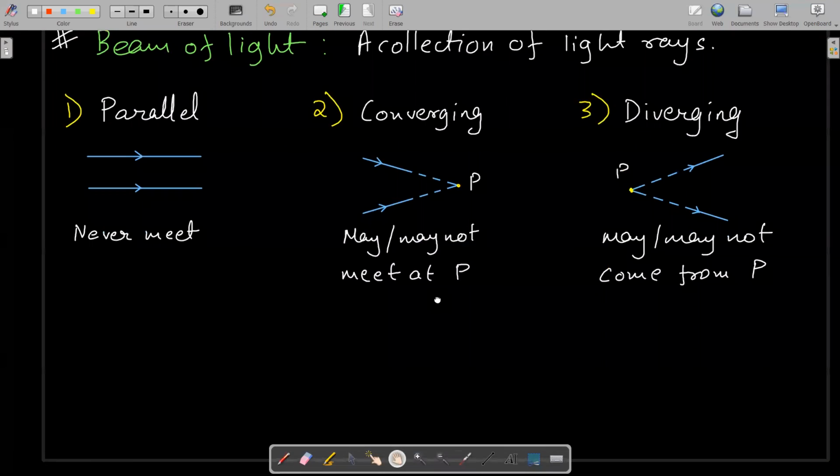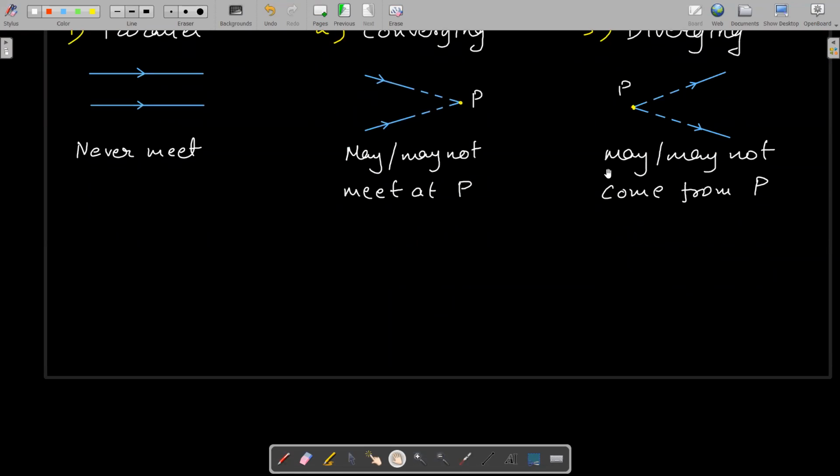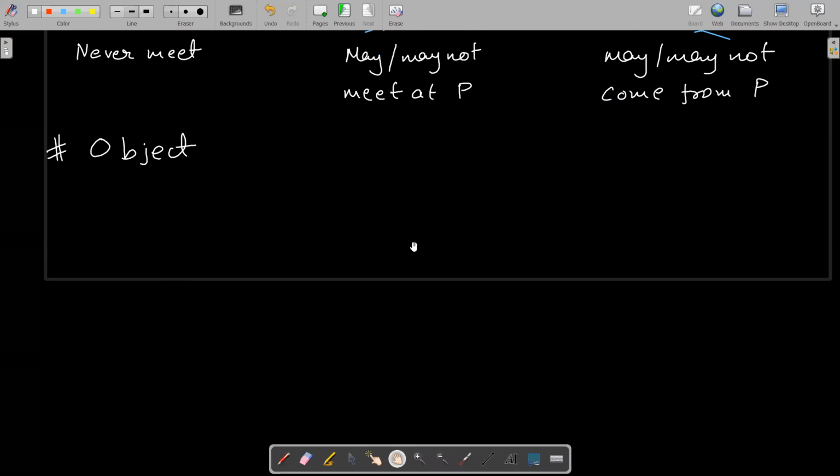Moving forward. Now there is a concept of object and image. Okay, we'll talk about object first. Now object क्या होता है कि there are two types of objects. ऑब्जेक्ट बेसिकली अभी जैसे तुम अभी मिरर के सामने खड़े हो जाते हो तो यू आर दी ऑब्जेक्ट. Now we have to be more specific in ray optics because an object,